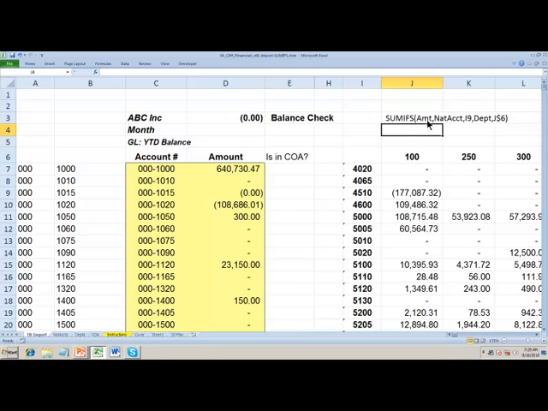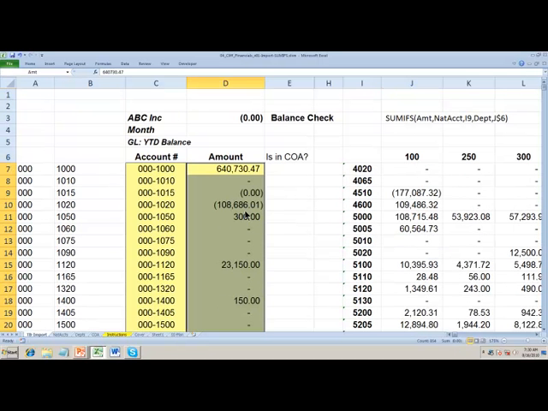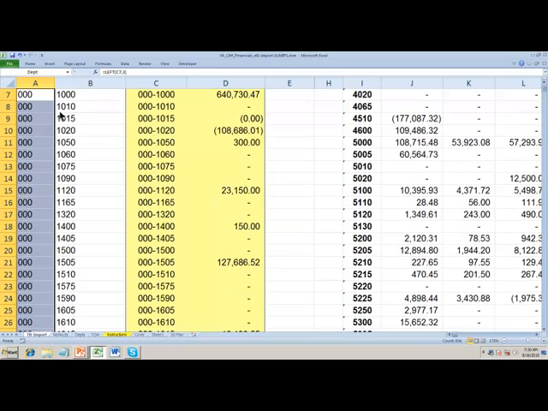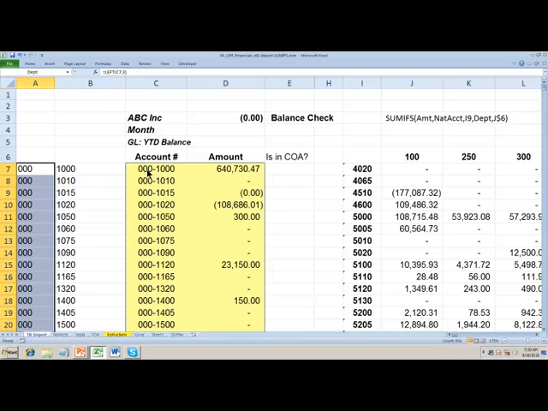See, SUMIFS format says SUMIFS amount and then natural account, I9, department, and I6. So amount, natural account, and department are the ranges, and the amount range comes from our trial balance. The natural account is actually the right 4 digits from the account number, and the department is the left 3 digits from our account number. So those are the ranges we're looking up, and under natural account we're looking for I9, which is 4510, and for the department looking at I6,